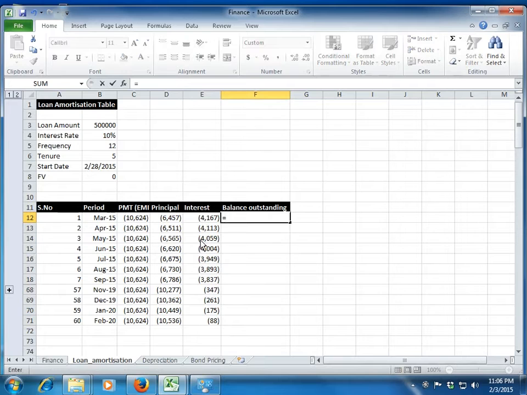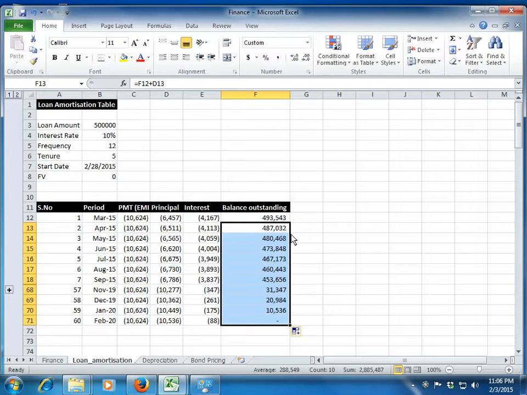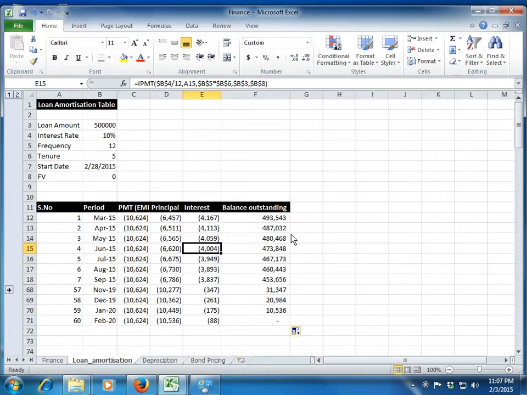So what will be my balance outstanding at the end of the first month? It will be total loan outstanding, that is 5 lakh, minus, or in this case plus, because here we already have a negative sign, plus the principal amount which is repaid. So my outstanding loan will be 4,93,000. What will be my outstanding loan at the end of the second month? Outstanding loan again minus the principal amount which I have repaid, and now I can copy paste this formula. You see that at the end of each month, our balance outstanding keeps decreasing, and hence the interest component keeps decreasing. Since the interest component keeps decreasing, out of the total EMI, which is a fixed amount, the principal component keeps increasing.